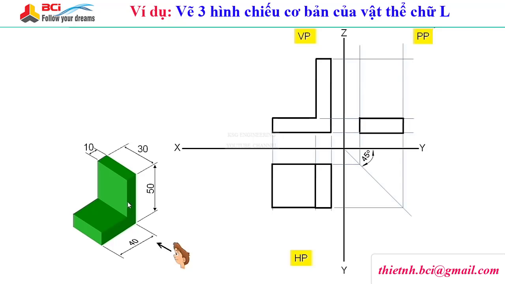So from this point, if I have to move to this point, how much distance do I have to travel? That will be 50 minus 10. So this will be 40. So from this point, we will sketch a length of 40 millimeters, and automatically our length will stop here, because the projection of this face in the front view is this edge. So this edge is over here. So from this edge, we have already taken the projectors. Fine. Now from this point, how much width we have to cover? 30. So from this point we have to cover 30 millimeters. Then we will connect these 2 points. So we have drawn